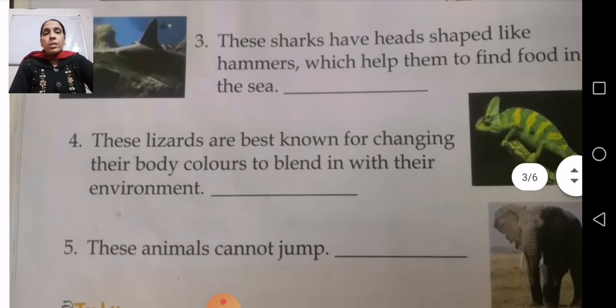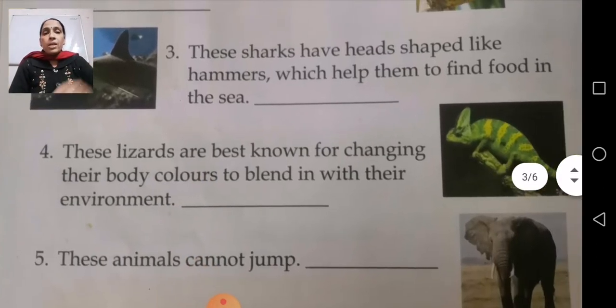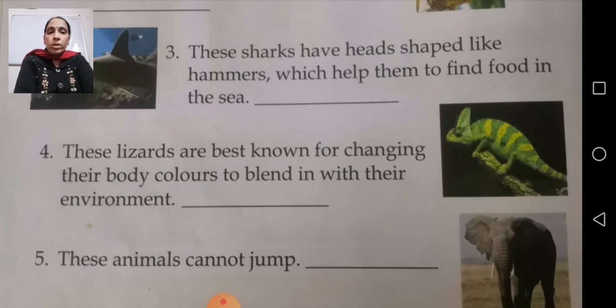Number 4, these lizards are best known for changing their body colors to blend in with their environment. That is chameleon. Chameleon is well known for changing body colors. Now we'll come to number 5. These animals cannot jump. Yes, elephants cannot jump.